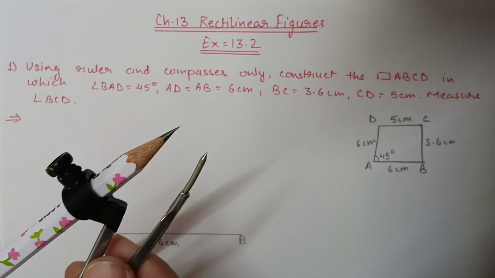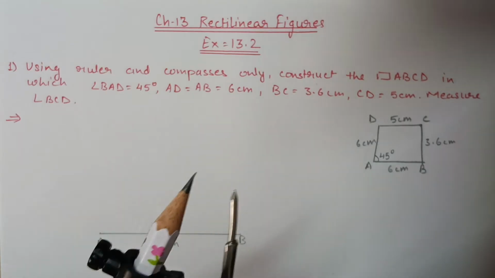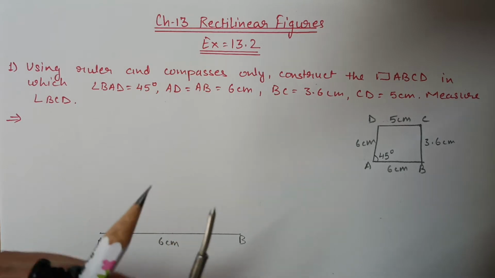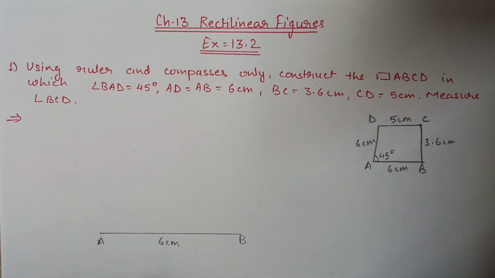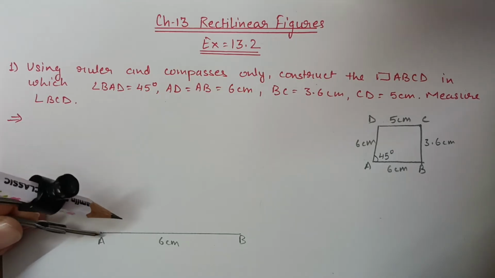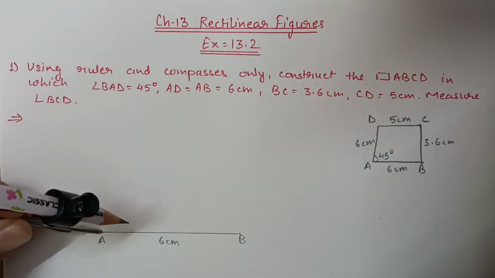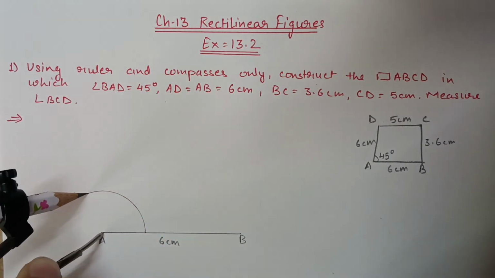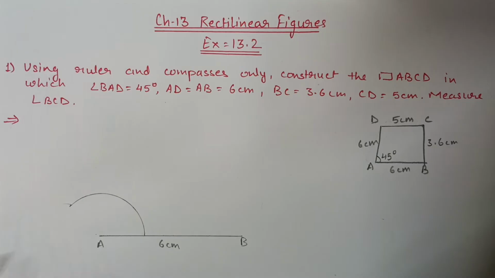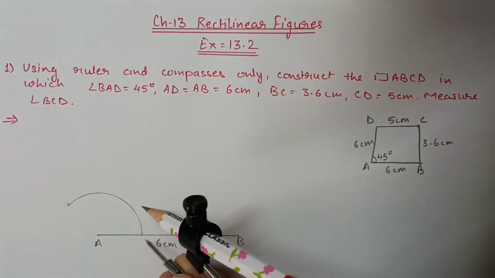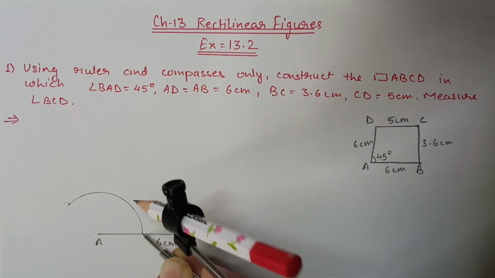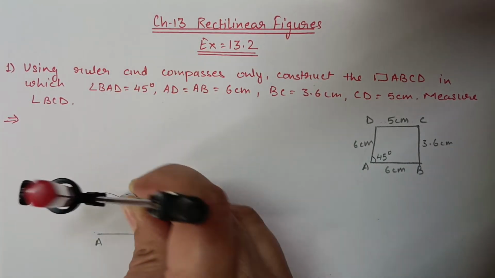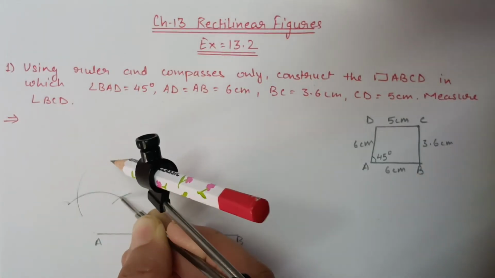So take compass. In compass, pencil nib and compass nib should be at the same height. Keep nearly 1.5 to 2 centimeter distance in your compass, and at A we will construct the 45 degree angle. So first at A, keep the compass nib and draw first semicircle. Now from this point, this is the 0 degree point, put the first arc. This first arc is 60 degree. Then again a second arc, this is 120 degree.